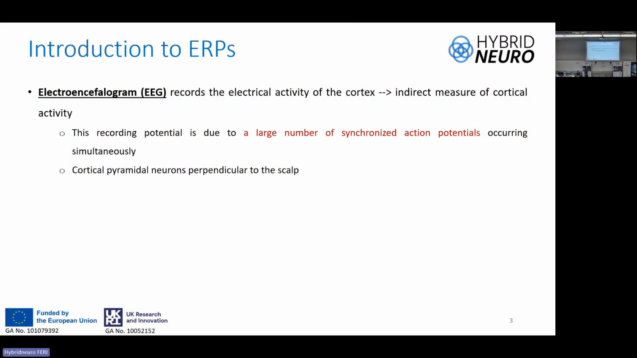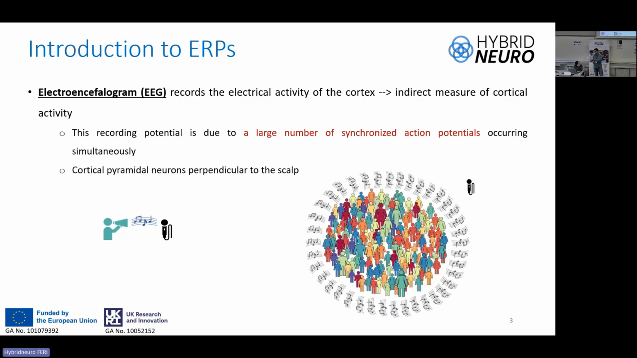First of all, a light introduction to the EEG. It records the electrical activity of the cortex, so it's an indirect measure of cortical activity. And following the example of our colleagues, the previous speaker,